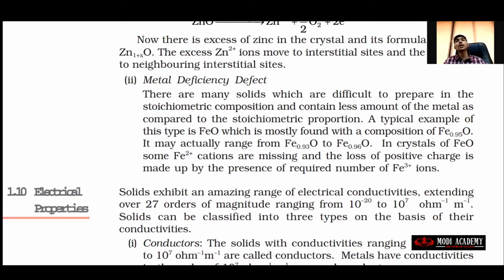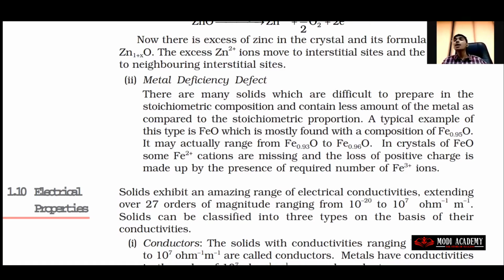But जब हम लोग FeO की बात करते हैं तो FeO में तो +2 ही चाहिए। तो ऐसा तो नहीं होगा ना कि सब आयंस Fe+2 के ही होंगे, Fe+3 होगा ही नहीं। ऐसा नहीं होता। जहां आयरन है, उसमें थोड़े पार्टिकल्स Fe+3 भी प्रोड्यूस करेंगे, थोड़े Fe+2 भी प्रोड्यूस करेंगे। Okay, so there are many solids which are difficult to prepare in a stoichiometric composition and